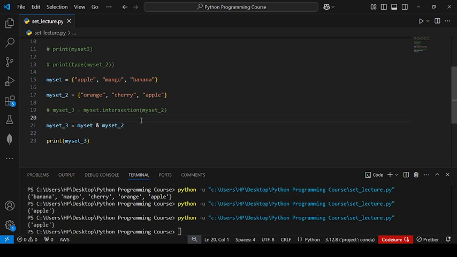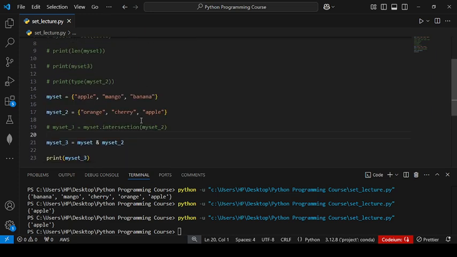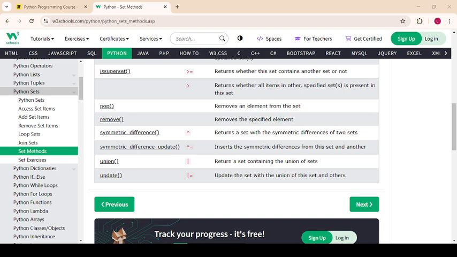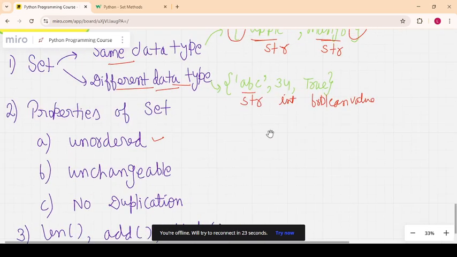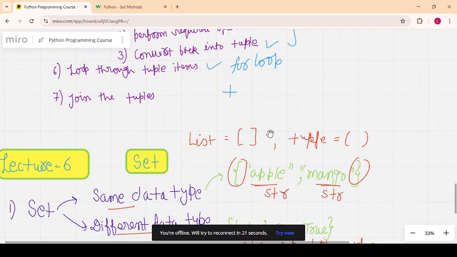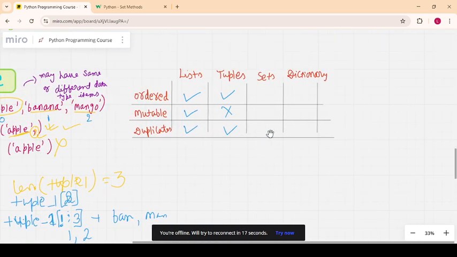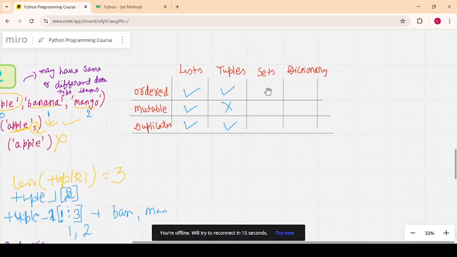So in this lecture I discussed what a set is, what the operations are, and what the major properties are, and I will move to the table where I discuss them. Yeah, I will show you the table. So in this table we will fill them.